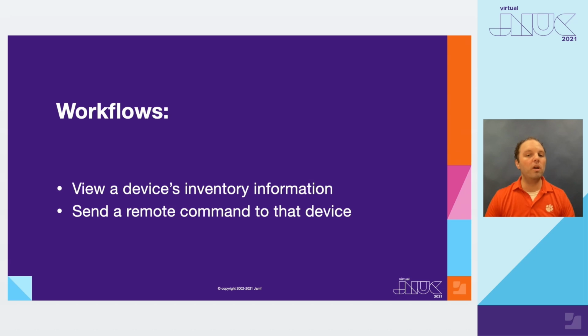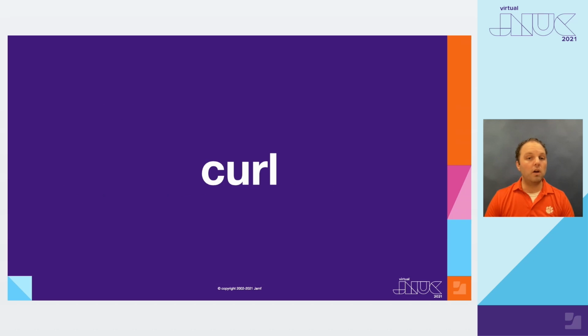And then we're going to send a remote command to that device using the Classic API. So we're going to start, again, we're doing this on a Mac, in the terminal app or in CodeRunner. So we're going to start with a binary called curl. So again, all of our API calls that we're going to run today, both of them, are going to use